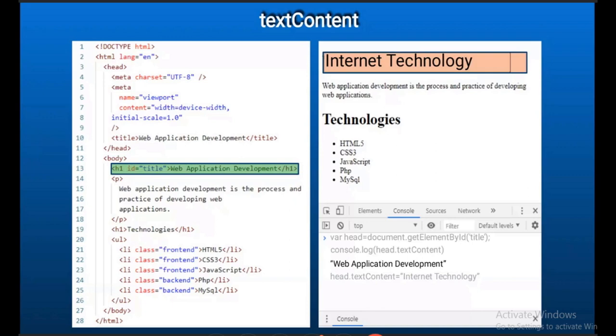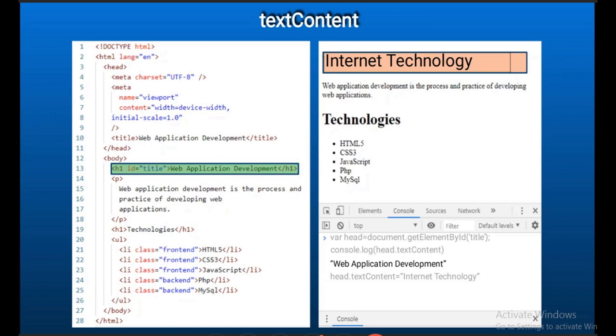Then when I give .textContent equal to internet technology, the web application development content is changed to internet technology. So we can manipulate that particular head tag. So we can manipulate using DOM. So it changes the HTML tag.